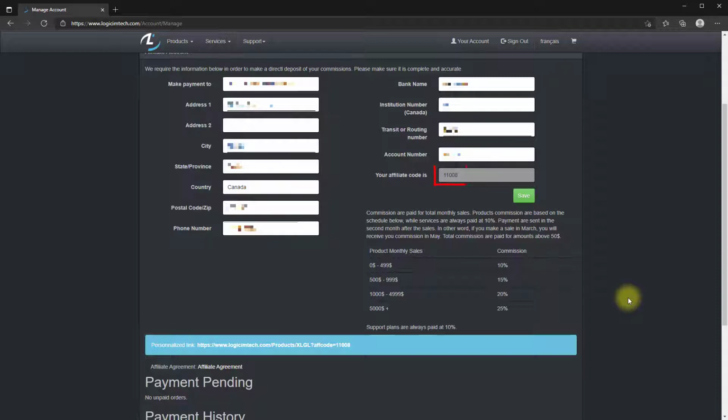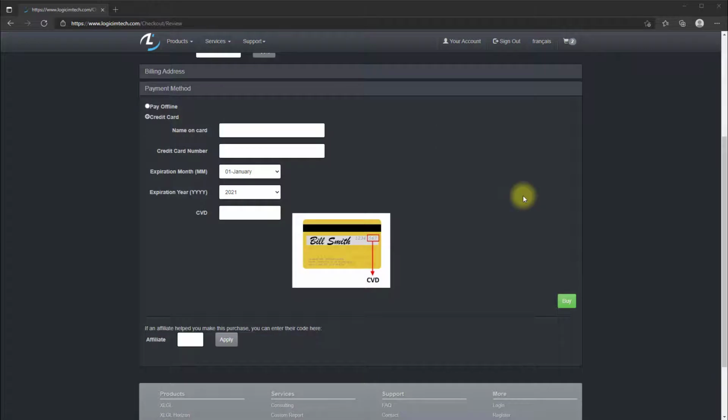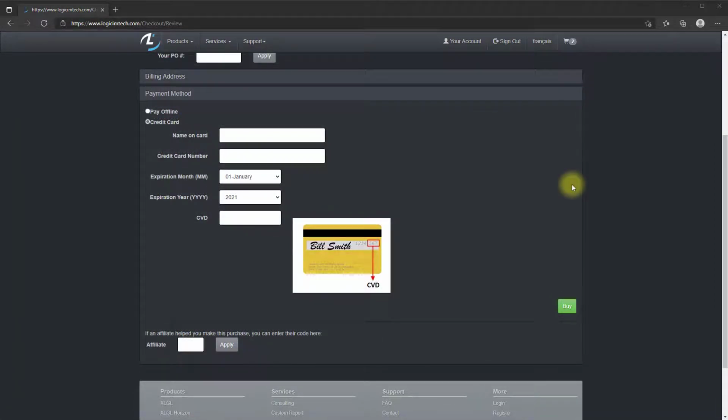Alternatively, you can give your affiliate code to anyone before they make a purchase. When they get to the last page of the checkout process, they can enter it and click Apply. You cannot use your affiliate code for purchases you make for yourself, but you may use it to make a